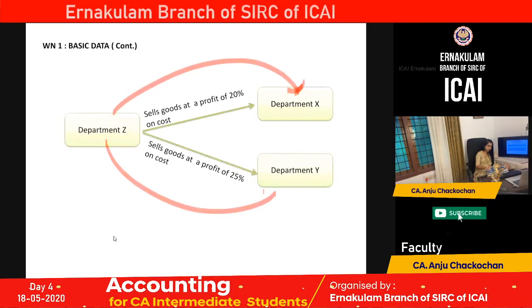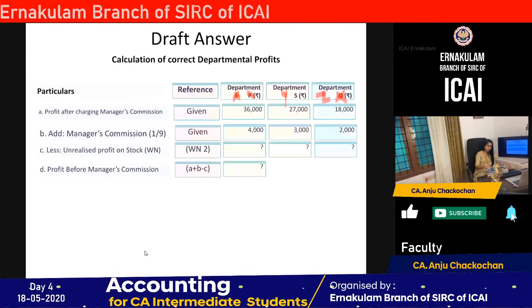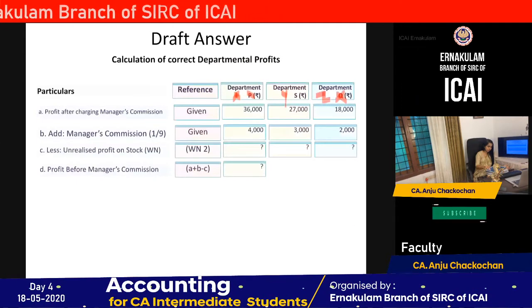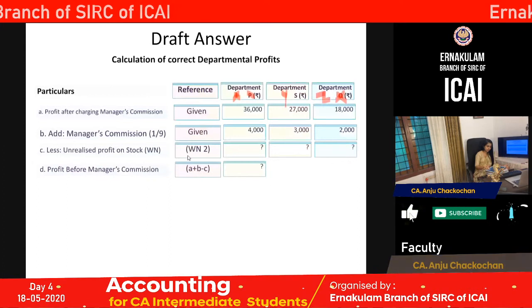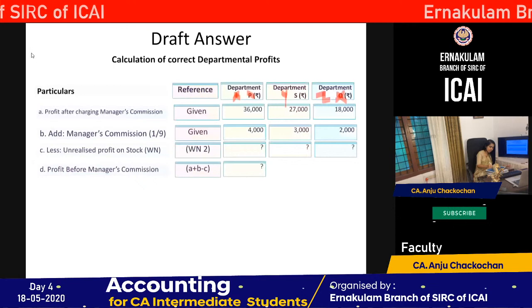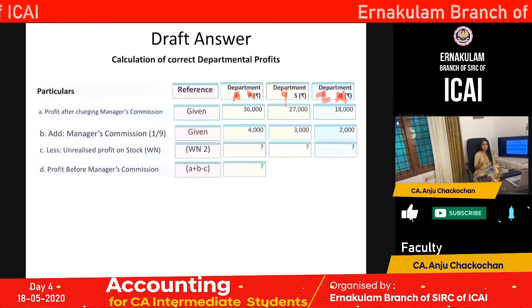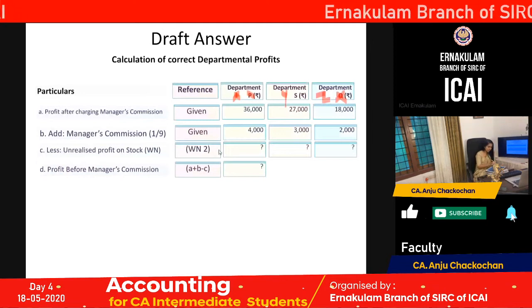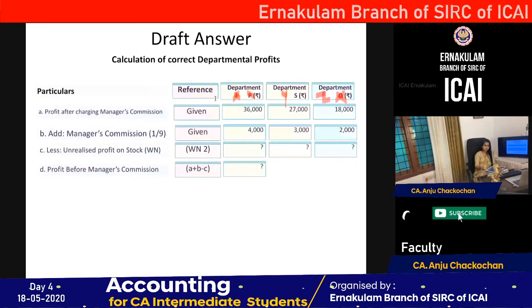Okay, and then you get the profit before manager's commission. All these figures are known. And from that you reduce your manager's commission so that you get the corrected profit after manager's commission. Okay, so this is the task. The only figure unknown is the unrealized profit. Once the unrealized profit portion is done with you, it is just a cakewalk. The rest is just plus minus steps, nothing more. Okay, so to the next step,